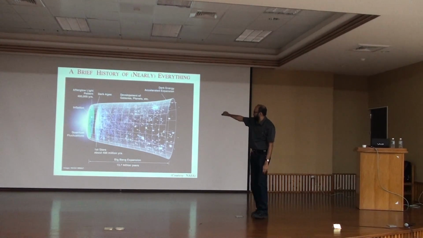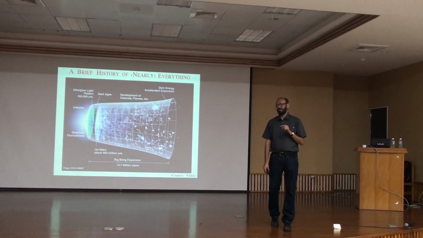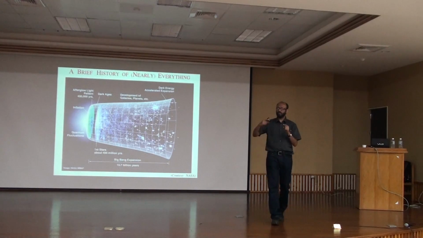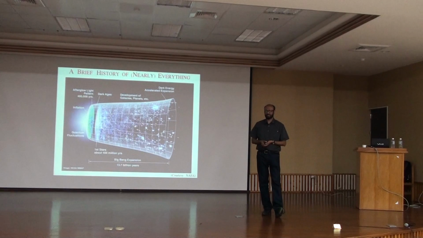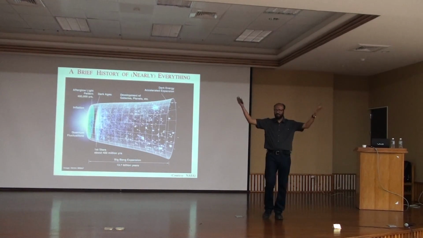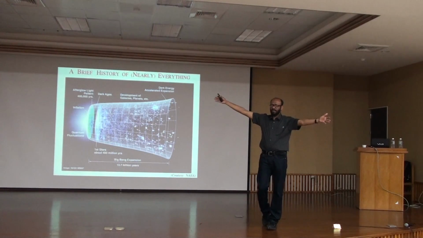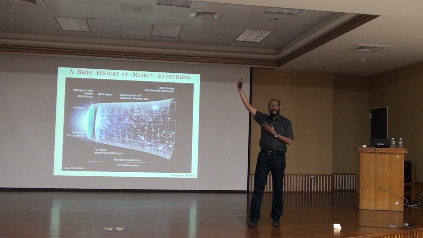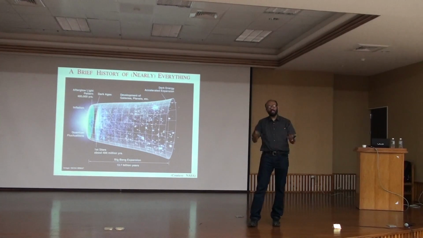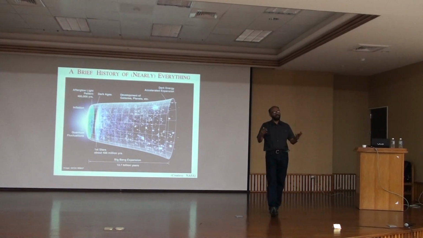That's what we see over here. That radiation is called the cosmic microwave background. It's called the cosmic microwave background because the radiation peaks at microwave frequencies. It's called cosmic, obviously, because it's coming from the Big Bang. It's a background because you see it in every direction. It's not coming from a galaxy or a star. It's coming from just after the Big Bang. And that radiation is a prediction. The existence of that radiation and its temperature is a prediction of the Big Bang cosmology.